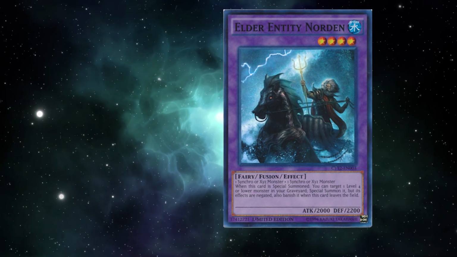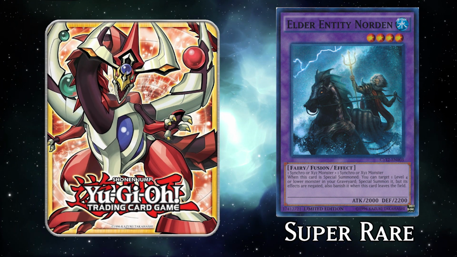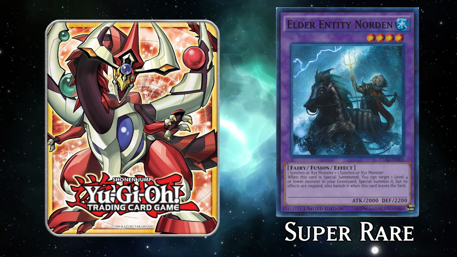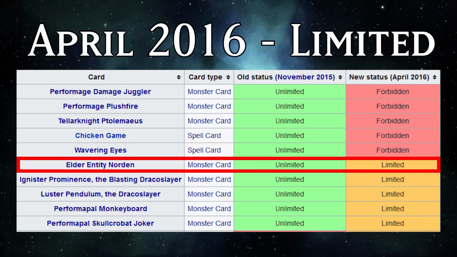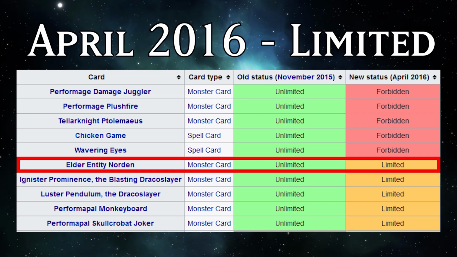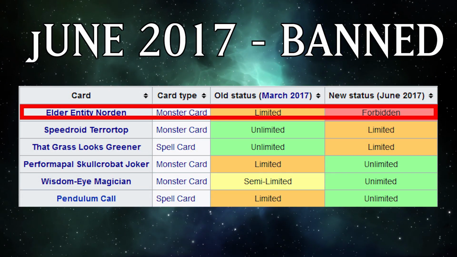Elder Entity Norden was released in 2015 in the Odd-Eyes Pendulum Dragon Mega Tin, a promo card that was guaranteed in each tin as a super rare, and as of this video has had no reprints to date. For its time on the ban list, it was first limited on the April 2016 ban list, where it would stay for 3 formats, before eventually being banned on the June 2017 ban list, where as of this video it